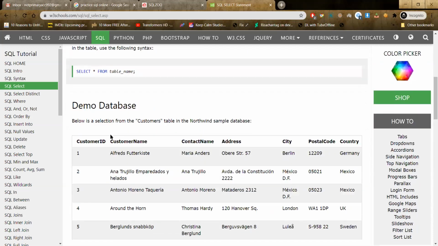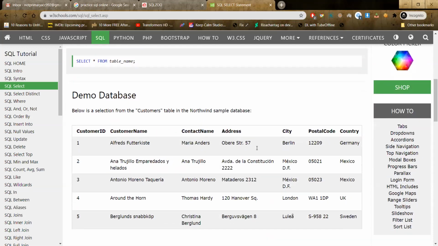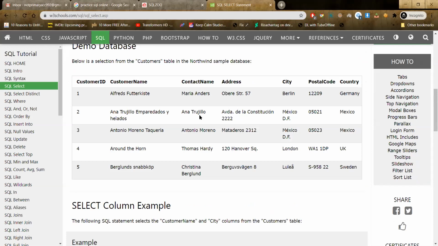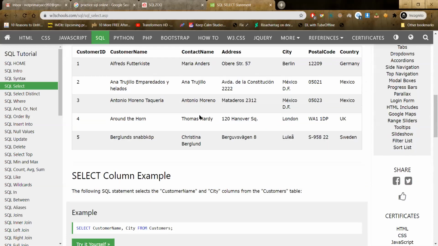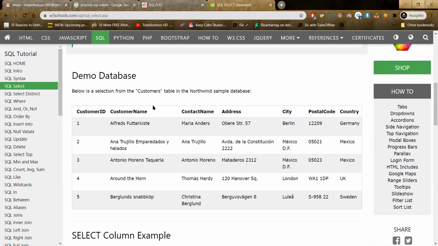So in this case, with the example table that has been given, if you want to select any particular column, let's say I want to select customer ID and name, for that I would write select. It is just like MySQL. Yeah, MySQL is also an implementation of SQL itself. So it's the same, similar thing.